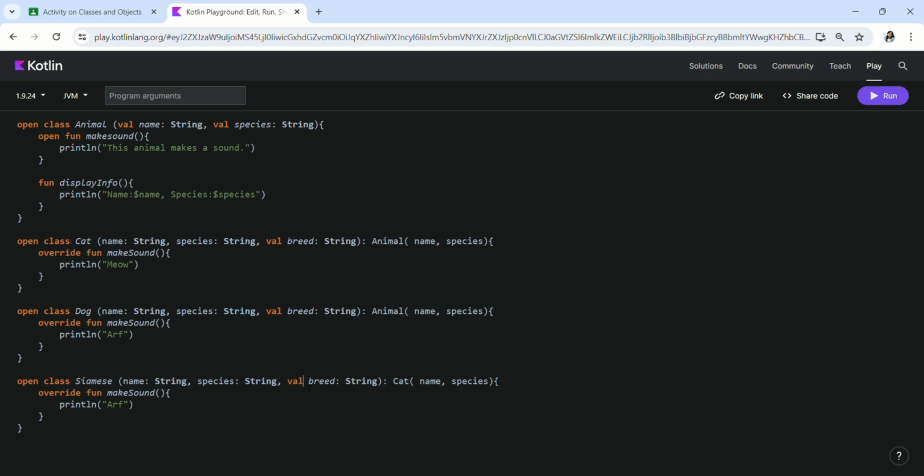We will remove this. Then we'll add the breed here. And change this to her.